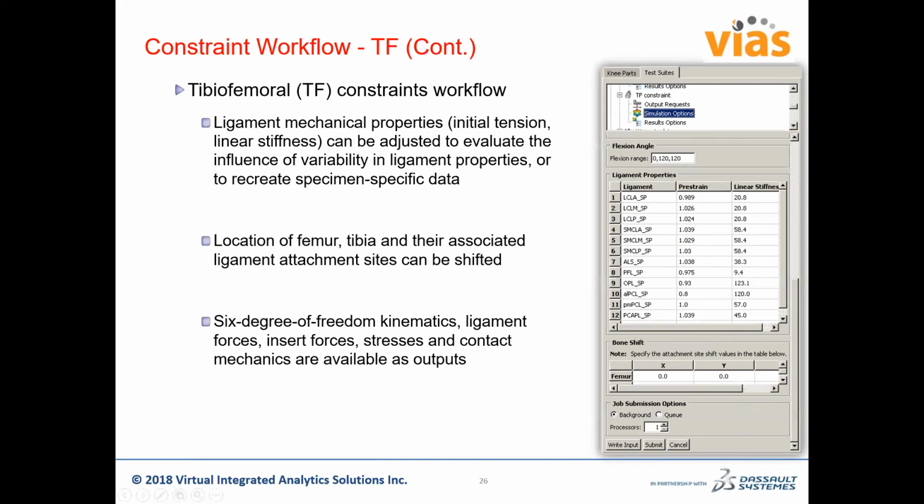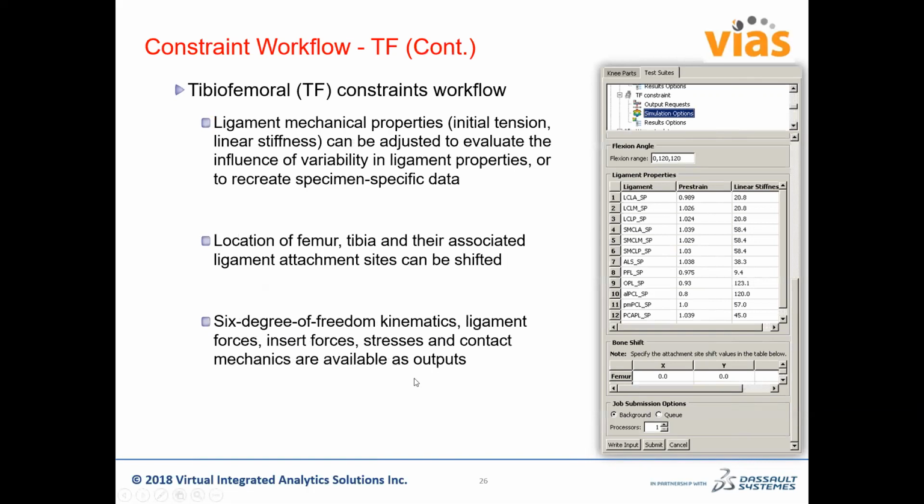And as I was mentioning earlier, when you put implants, they may not position exactly where you want with respect to bones, and that's why you sometimes need to shift the bones a few millimeters here and there to do the setup accurately as you want. Once this analysis is done, you'll be looking at outputs such as 6-degree-of-freedom kinematics, ligament forces, insert forces,